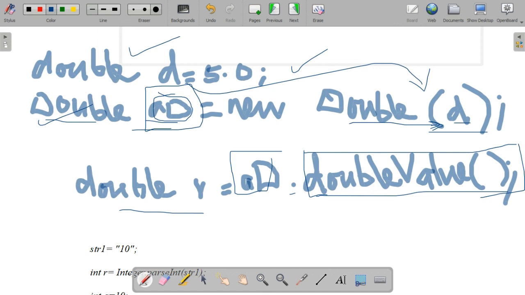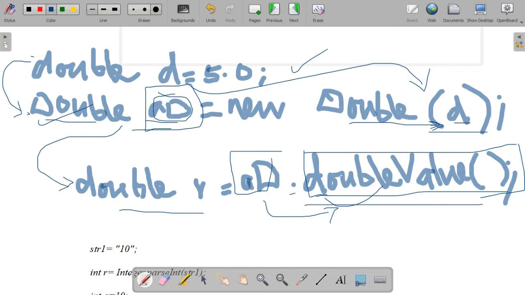Then how we get that primitive data type value: object name dot another method, doubleValue, which represents the double value of. Using this method we get the same value 5.0. Primitive data type into object, and from the object back to the primitive data type, the value is accessed using this method.